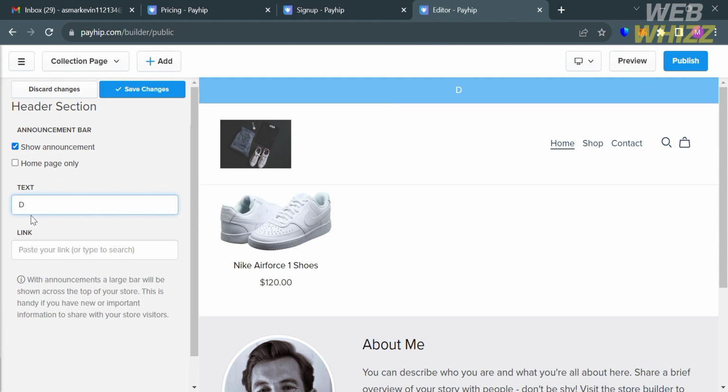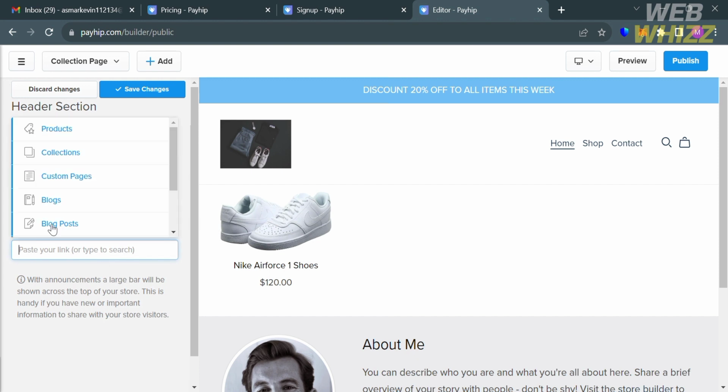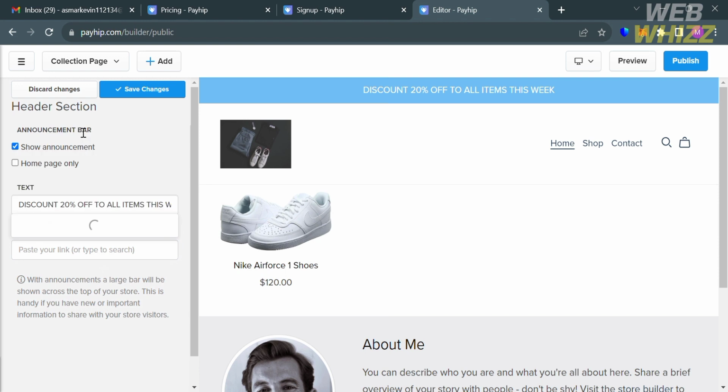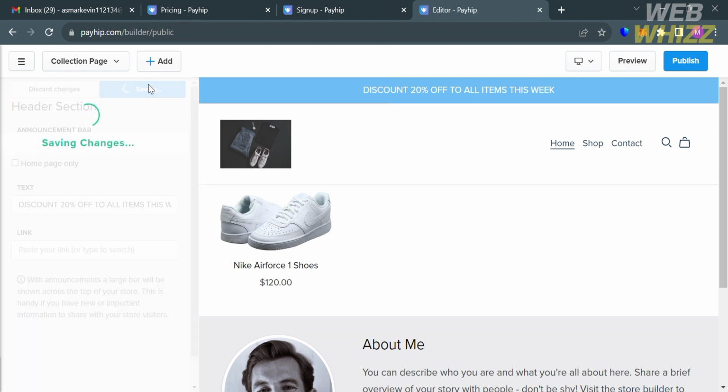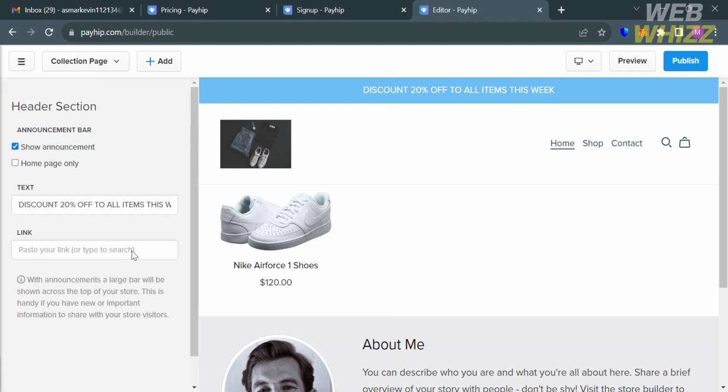So under the text on the left side panel, let's say I'm going to enter here, discount 20% off to all items this week. And under the link here, I'm going to select the products, so that when the customers click the announcement bar, they will be directed to the product. And now, after saving the changes,